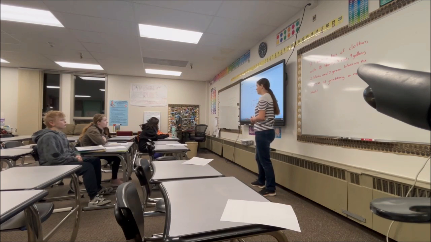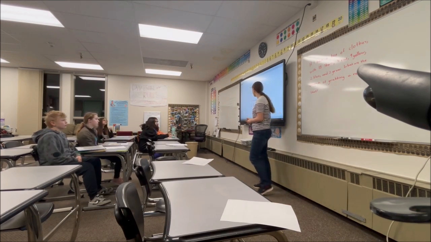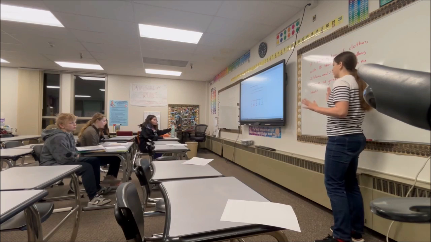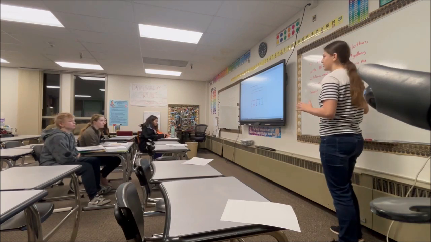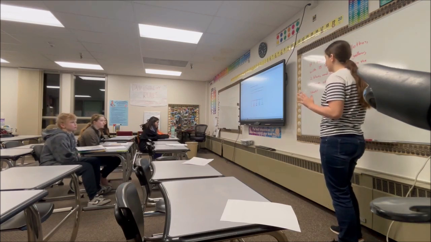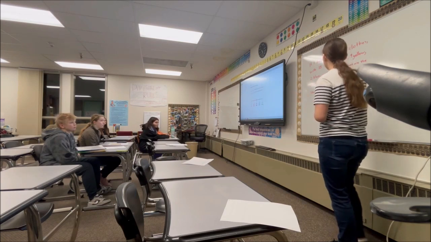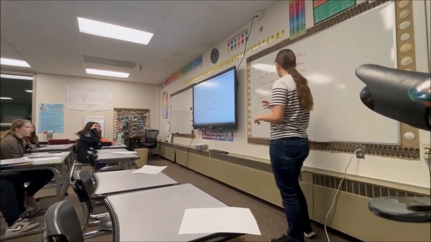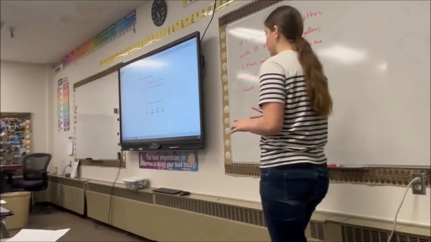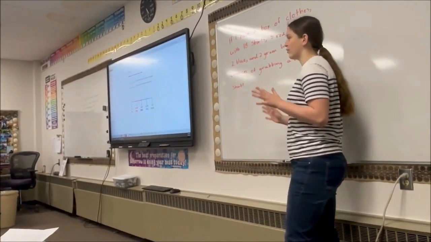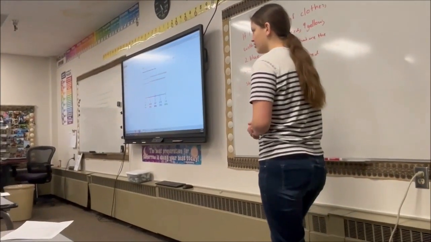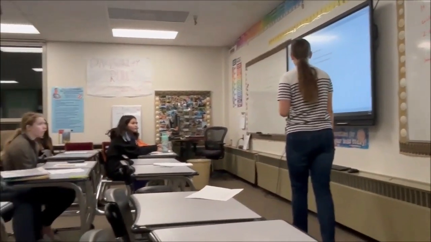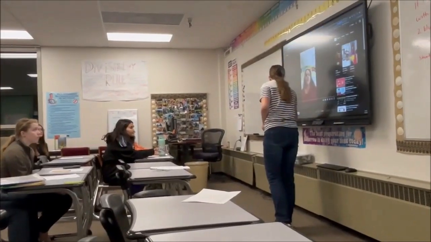I'm going to be teaching you guys a lesson today, and we're going to be doing a lesson on probability. The warm-up, we're not going to solve right now. I'm just going to ask you to think about it because we're going to watch a video of it explaining it. So, if I have a box of clothes with 18 shirts in it, 5 red shirts, 9 yellow shirts, 2 blue shirts, and 2 green shirts, what are the chances that I randomly grab a red shirt? I'm just going to ask you to think about that, and I have a nice video for you that'll be playing.